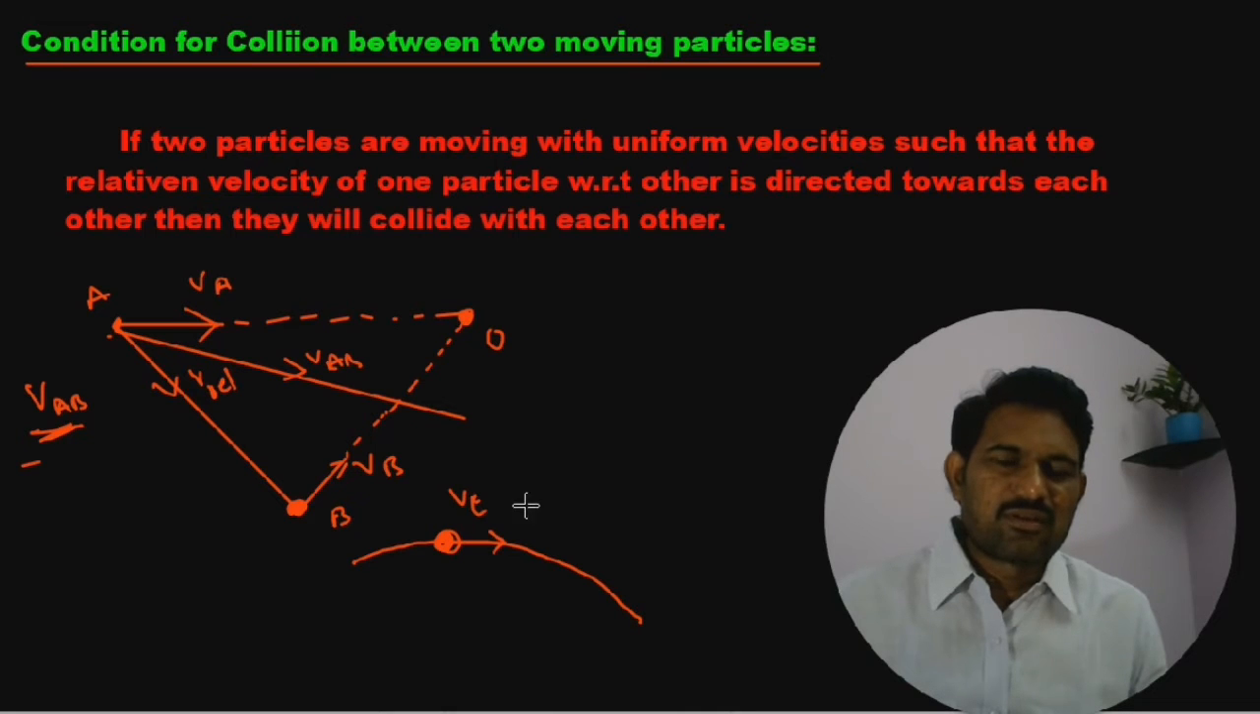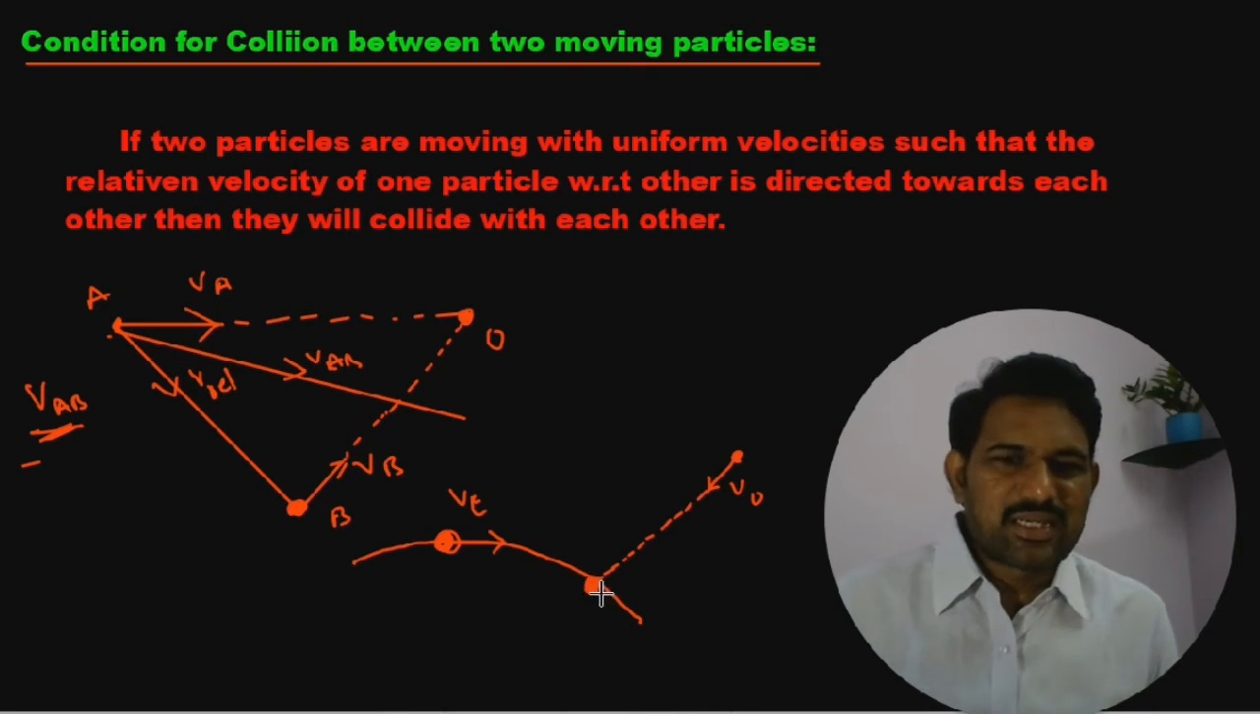Some astronomical object is moving along this direction with some velocity v0. Let us consider here. Whether these two particles hit or not depends on this. The velocity of this particle will be like this. So now at this point they are intersecting with each other. If the paths are intersecting, you can't conclude that collision